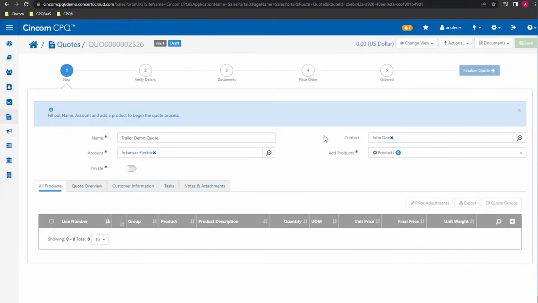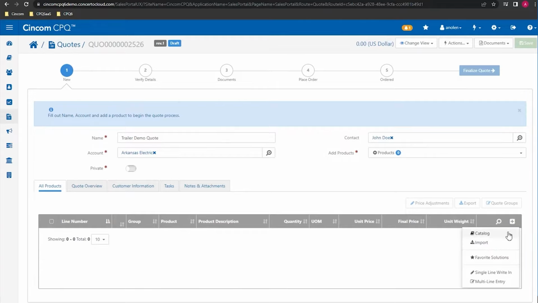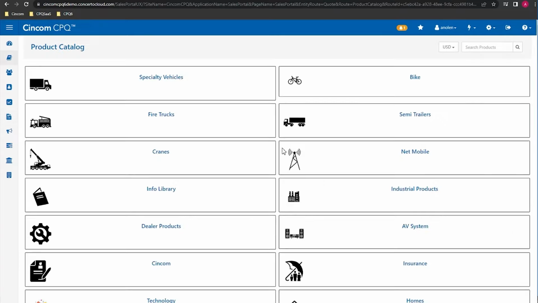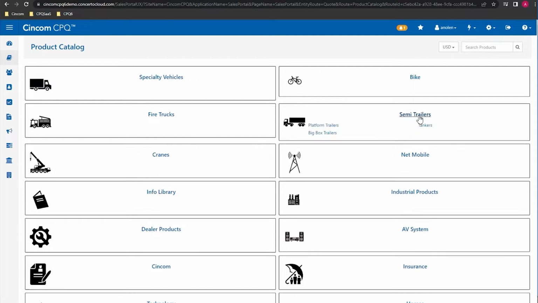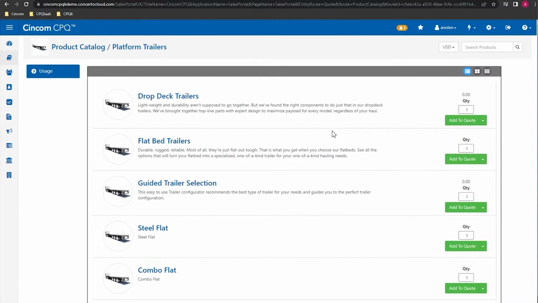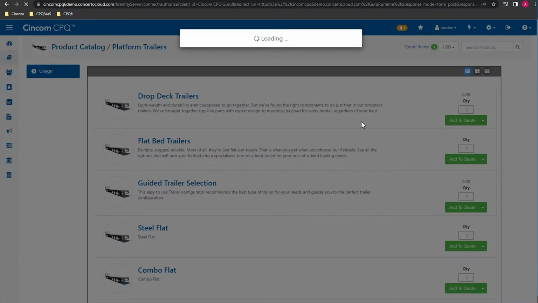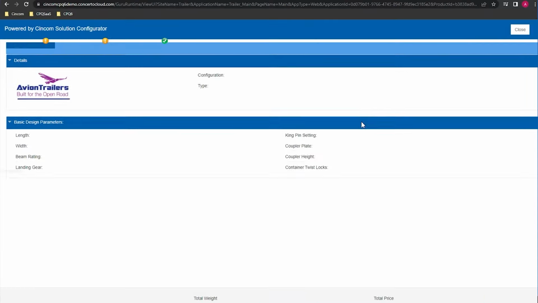From here, I can put in any sort of information such as the name I'd like to have on a quote, who the quote is for, and their contact at the quote. From there, I can add an actual product from our catalog. In this case, we're doing a semi-trailer today. This would allow you to have different product offerings, different product lines, and be able to select them from there, but they're all categorized. In this case, we're doing a drop deck trailer. And when I click Add to Quote, the next thing it's going to do is bring up